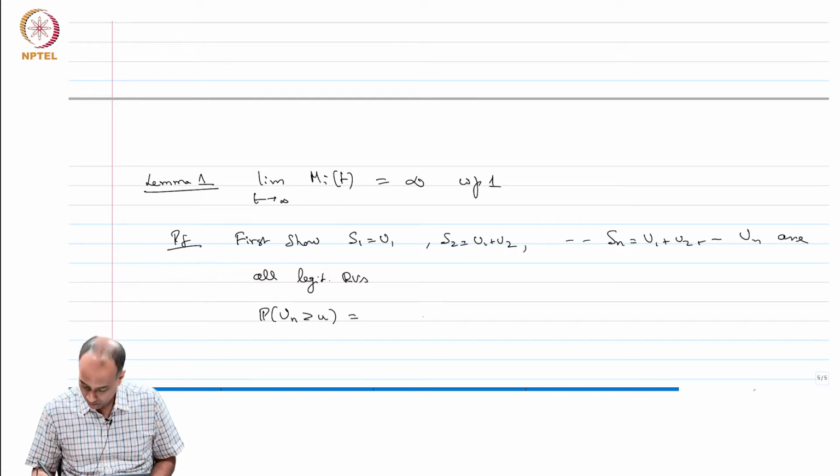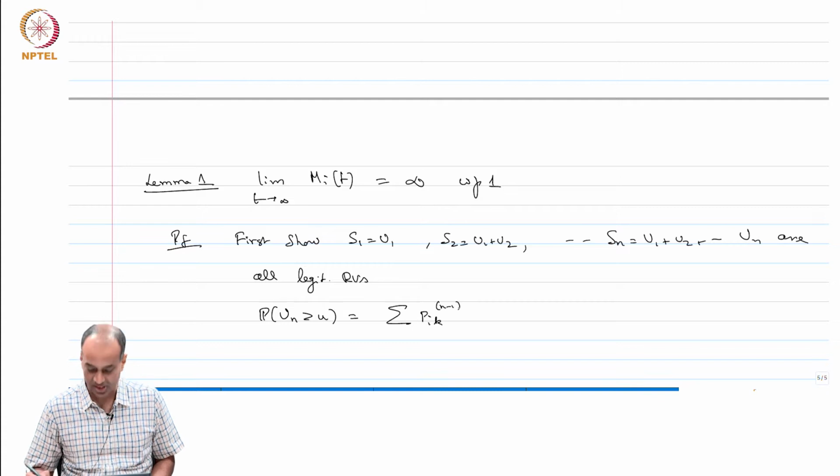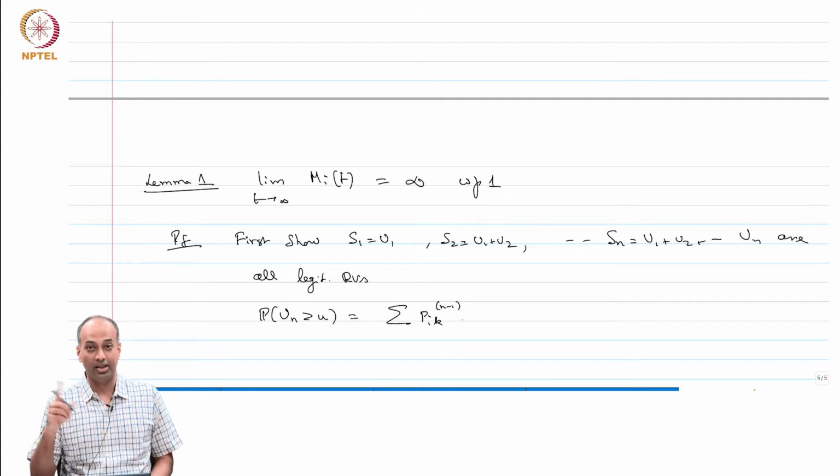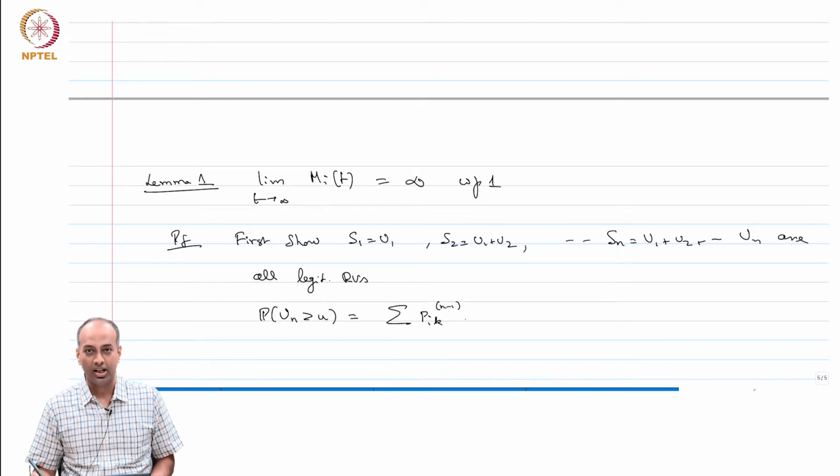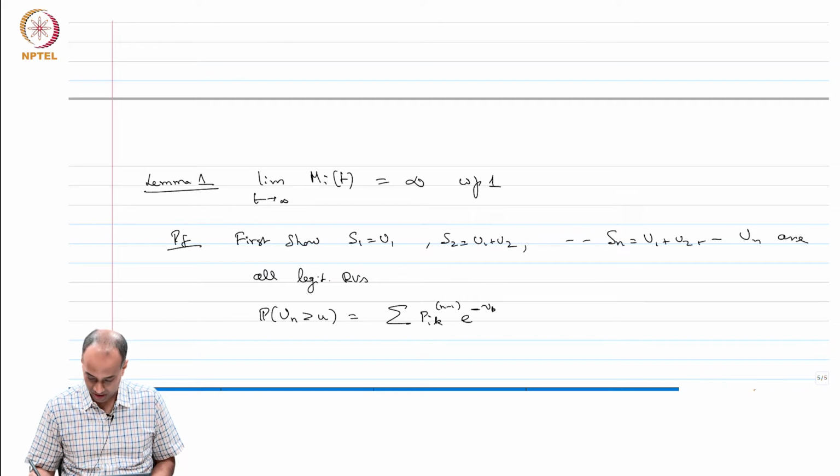So, the probability of that will be like this. You have to go from i to k in n minus 1 steps, for the underlying Markov chain to reach state k, and then you have an exponential of rate nu k. So, you will have e to the minus nu k u, where k